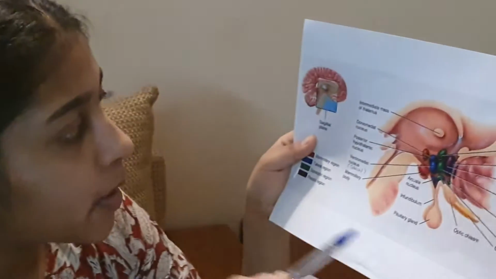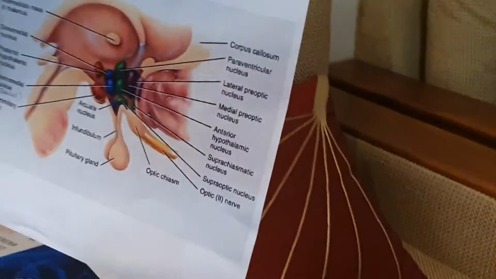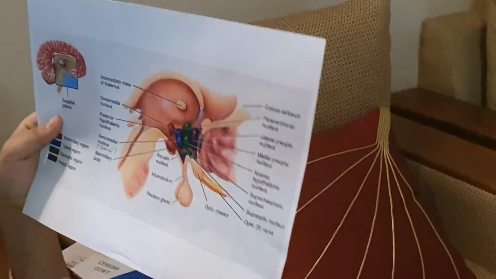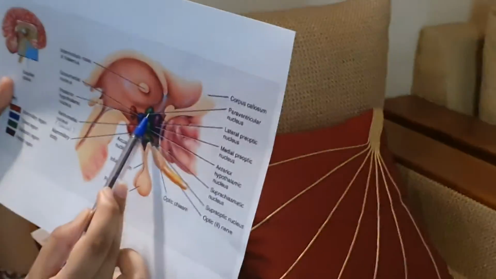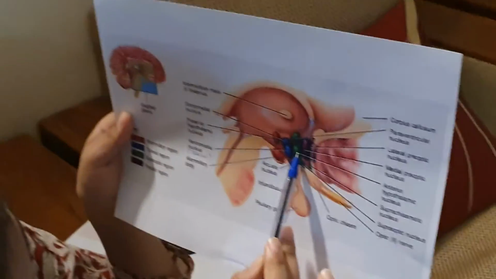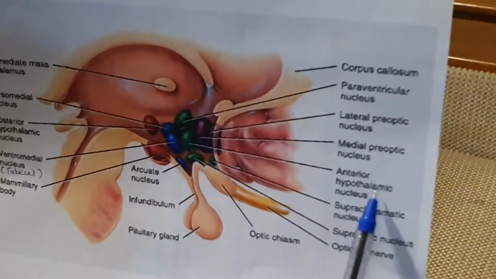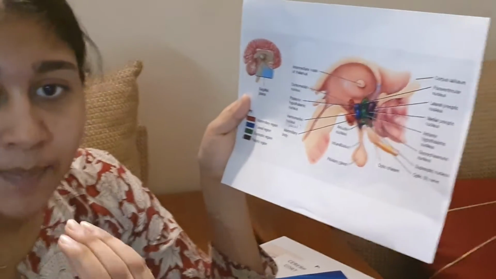Now I'm going to talk about the various parts of the hypothalamus. First the anterior component, which you can see is this green part, the anterior hypothalamic nucleus. This is a very prominent part. It controls the cardiac rhythms, thermoregulation, sweating and the development